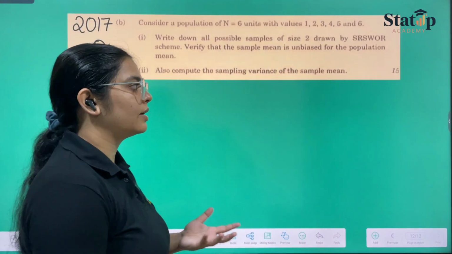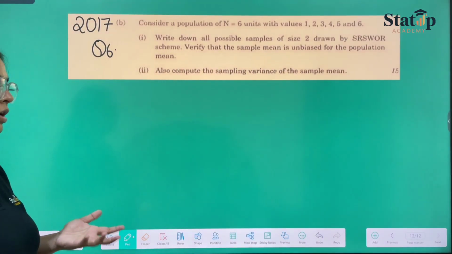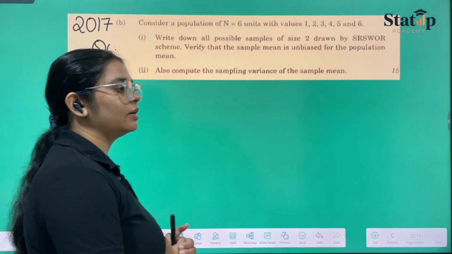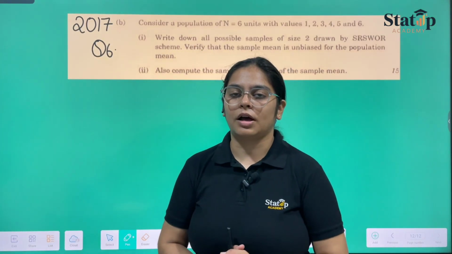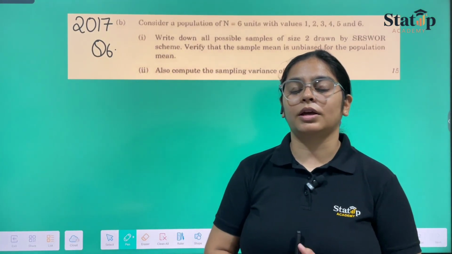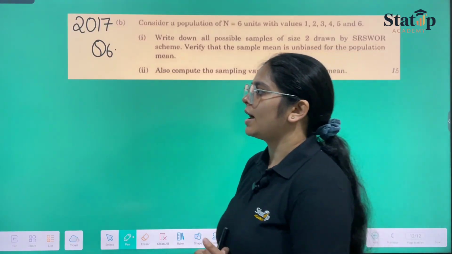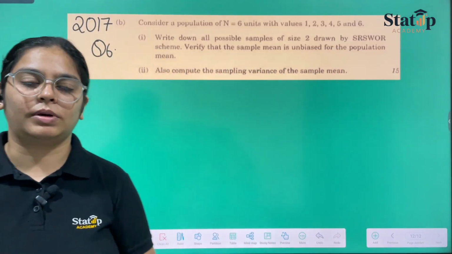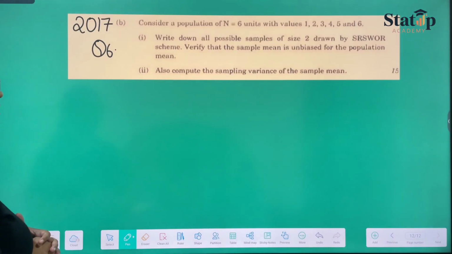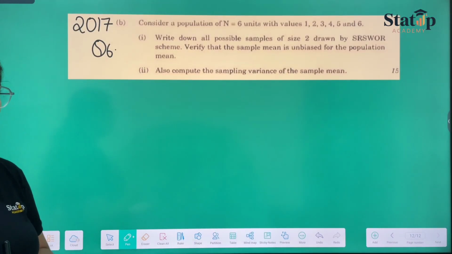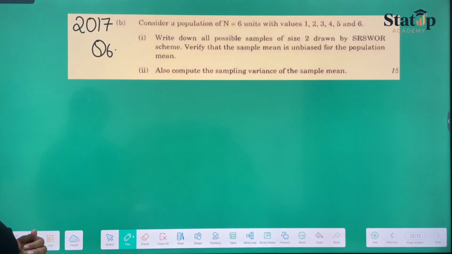So today we are taking a sampling question from paper 3, as we already know that this particular topic comes under paper 3, and many students remain confused over this one topic. This question has been taken from the 2017 question paper, and it is a numerical question based on the sampling properties of simple random sampling without replacement.